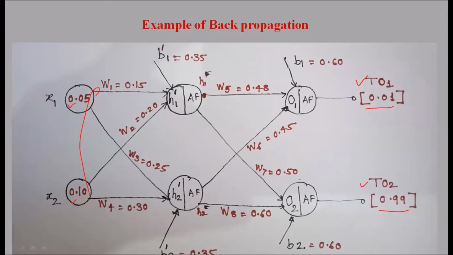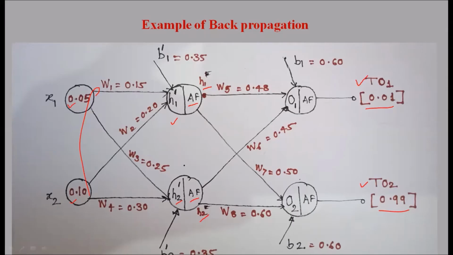This is the output of this hidden layer node h1. I call it h1 dash. This has to go through the activation function. This is the output of the h2 node, h2 dash. This also has to go through the activation function. Then the output after the activation function at this node is denoted as h1, and the output after the activation function is h2. Then h1 and h2 are multiplied by the corresponding weights, and they are applied to the next step,